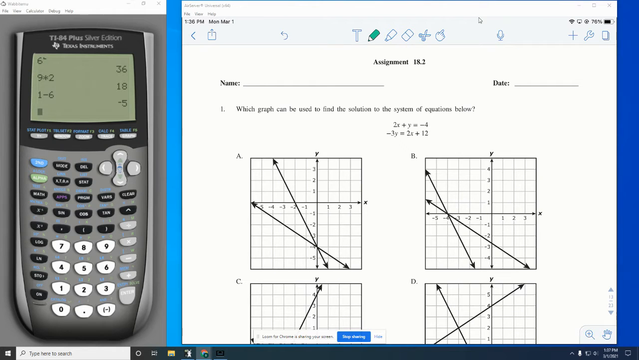This video covers the assignment 18.2. We're going to do the same thing we did on 18.1. We're going to attack a couple of problems together. They're problems that, as I went through, I was worried about you doing on your own or wanted to make